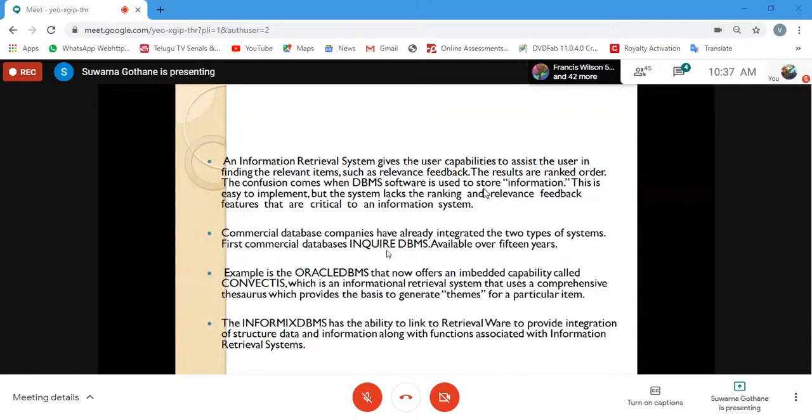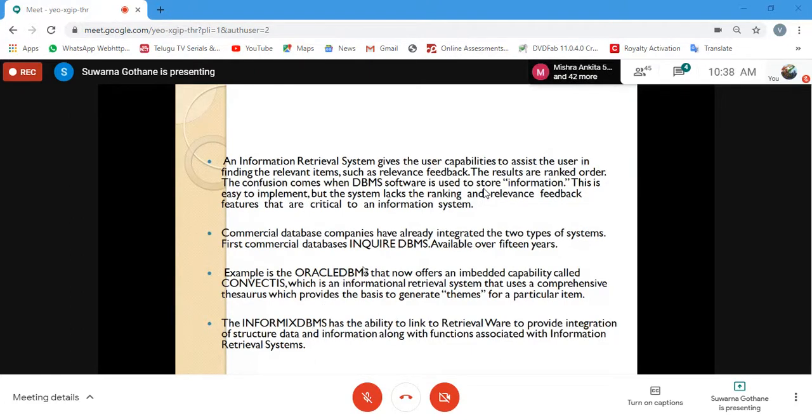Further, Oracle DBMS has also been implemented, which provides support for relational software, as well as Informix DBMS, which provides both structured and unstructured functionalities.